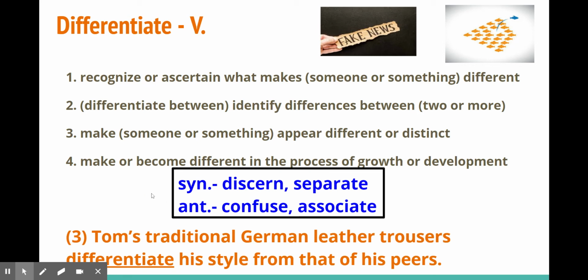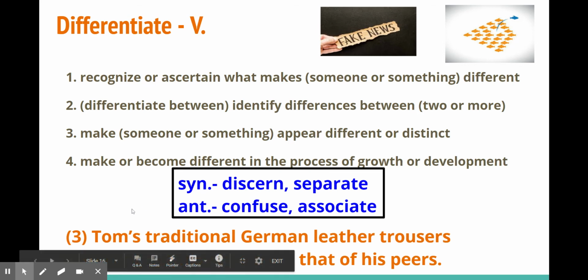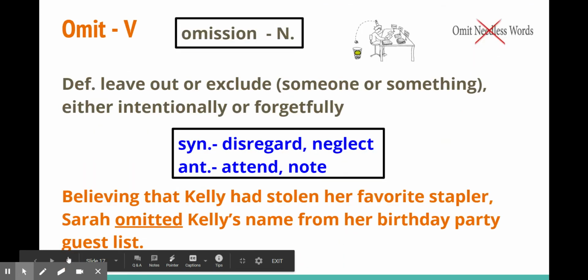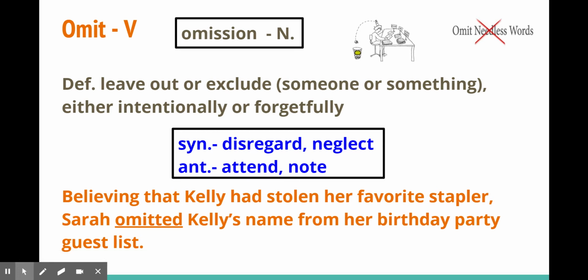Look at the synonyms: discern or separate. Antonyms: confuse, associate. Tom's traditional German leather trousers differentiate his style from that of his peers, right? Looking at that definition, that means to appear different, okay? So differentiate means to make different. Differentiate. Omit. Omit is a verb that means to leave out or exclude someone or something, either intentionally or